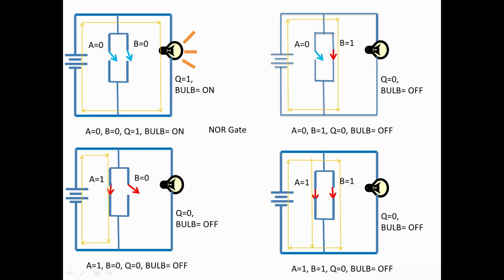This is the working of the NOR gate. For OR gate, if any one of the inputs is logic 1, the output is logic 1. For NOR gate, if any one of the inputs is logic 1, then the output is 0. Here A is 1, output is 0. Here B is 1, then also output is 0. Here both are logic 1, the output is 0. When any one of the inputs is logic 1, the output is 0. The output is logic 1 only when all the inputs are logic 0. That is the working of the NOR gate.